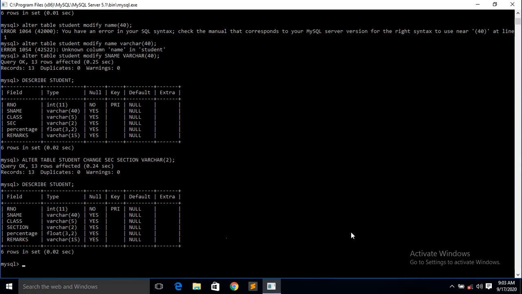So to delete from the table, again for any changes on the table you have to use alter first, and to delete you have to give drop along with the alter. So how to give? Alter table student drop. Okay, which field do you want to drop?